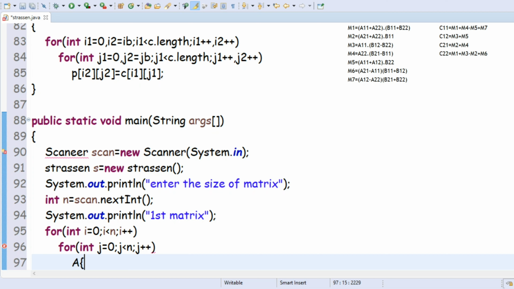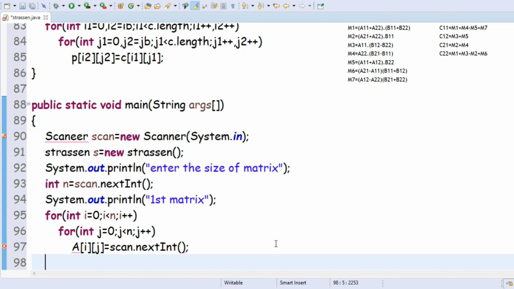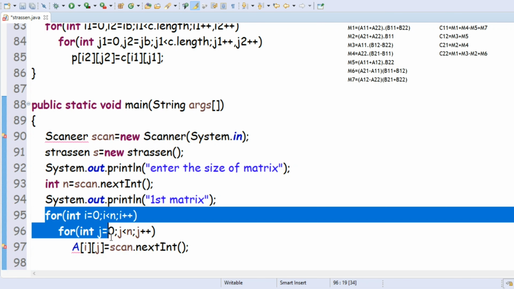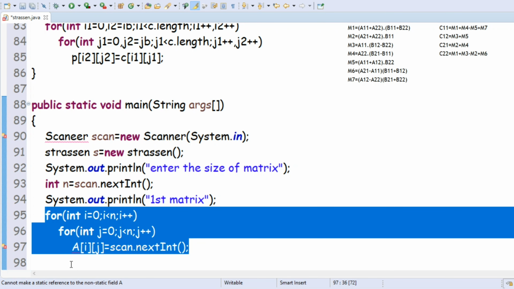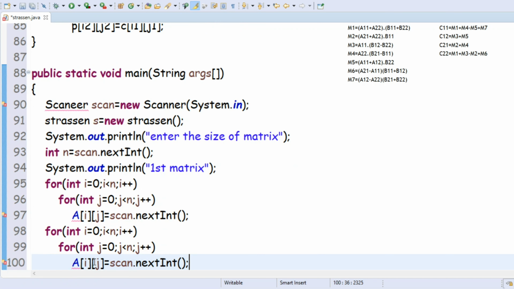So array of i j equals to scan.nextInt().